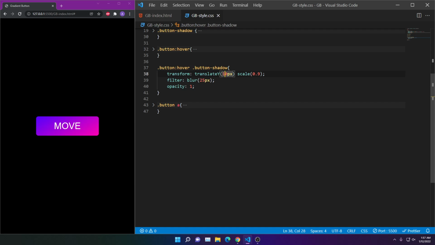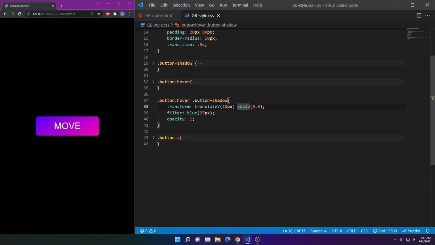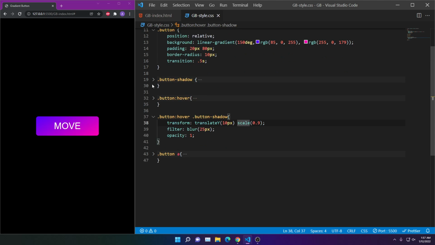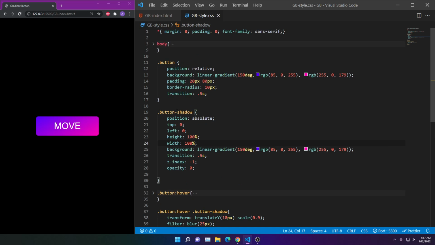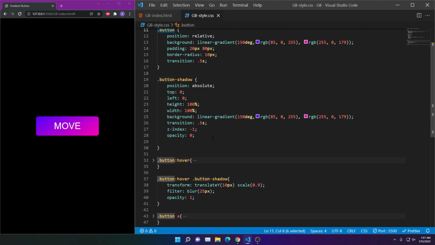So it means that the button shadow would go at the y-axis to the bottom by 10 pixel when the button is hovered, and scale would be a little smaller. You can see here it takes 100% height and 100% width. It means initially button shadow is the same as the button in width and height, but